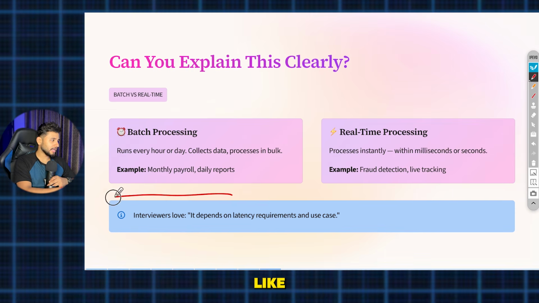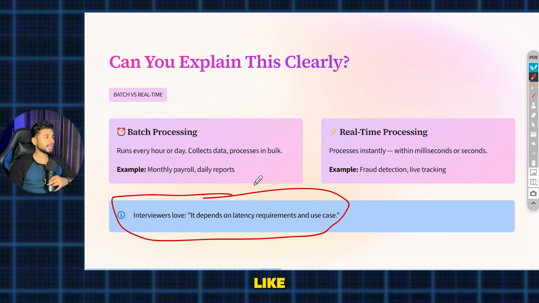There are different use cases. It is not that batch processing is good or that I will only use real-time processing. There are different advantages and disadvantages, and the use cases of both processing mechanisms are also different. We do not have to compare both things, we just need to know why this is used and why that is used.